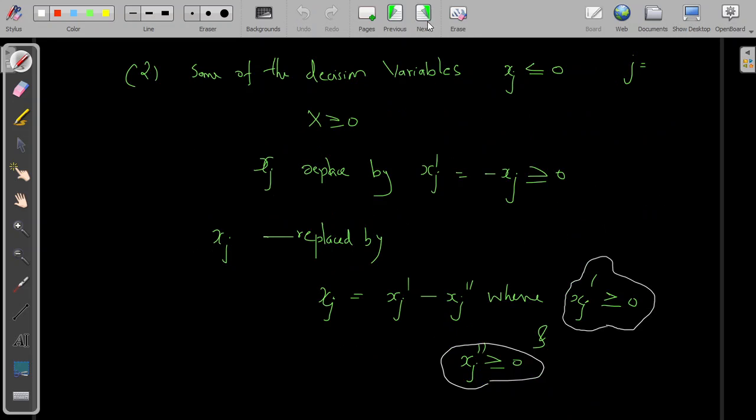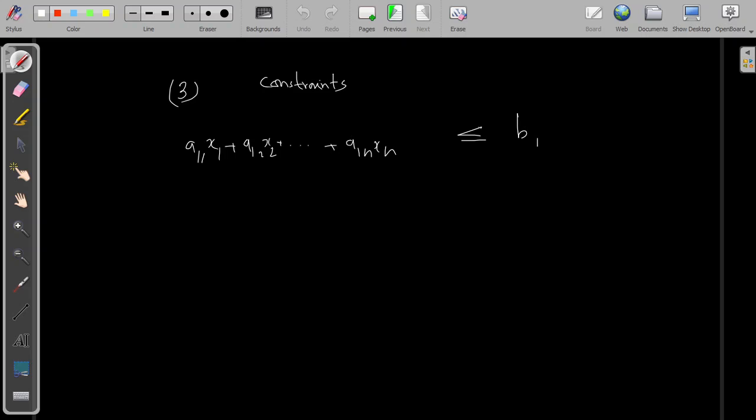But here we have an inequality constraint, that is less than or equal to. So what we will do is convert this inequality constraint form into the equality constraint form by adding